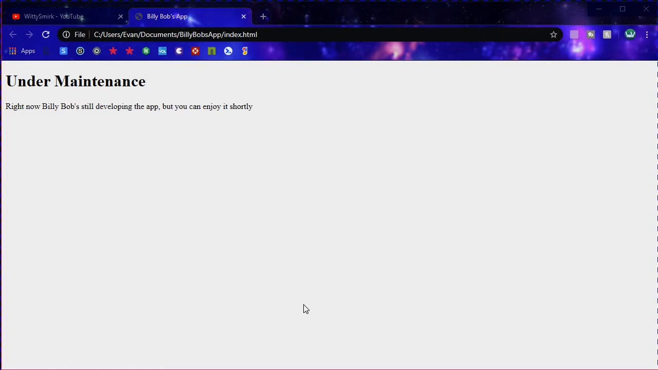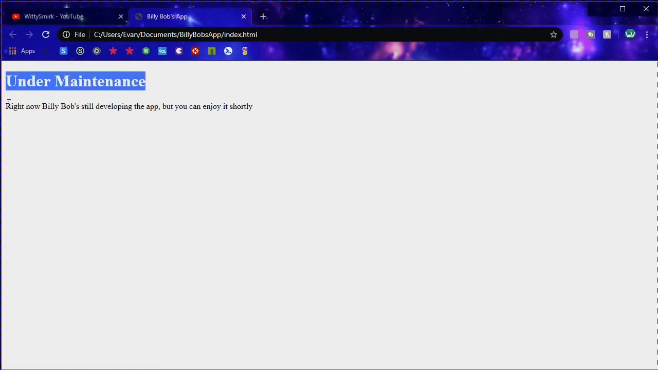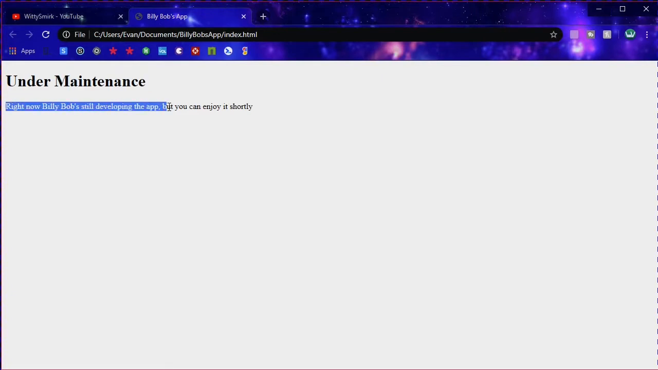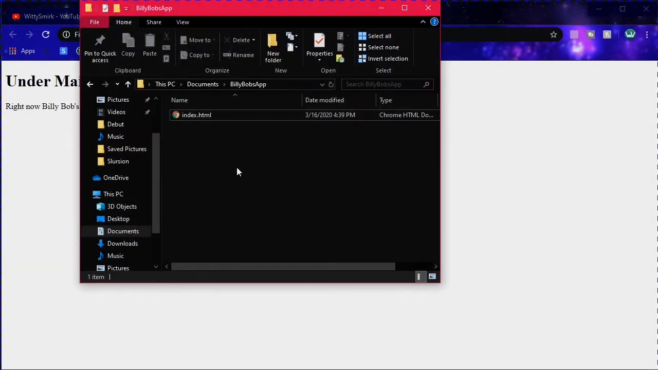Today we're going over how to turn any website into an EXE. So as you can see, we've got Billy Bob's app right here. It's currently under maintenance, and Billy Bob's still developing it, but you can enjoy it shortly. Obviously this is a joke, but to start off, we're going to go into our file, Billy Bob's app,